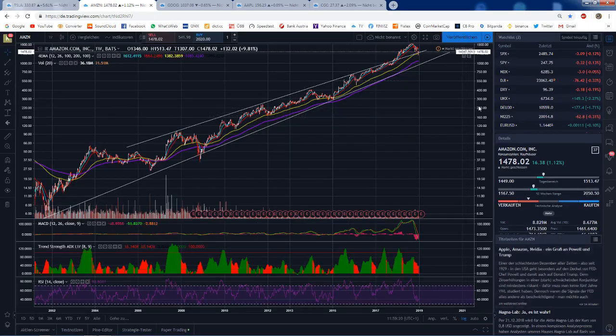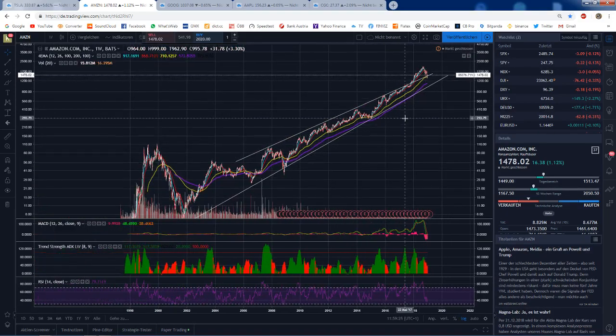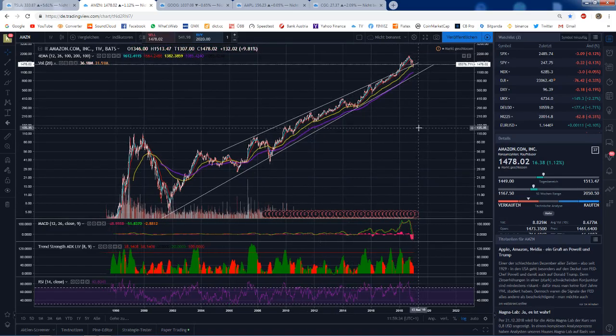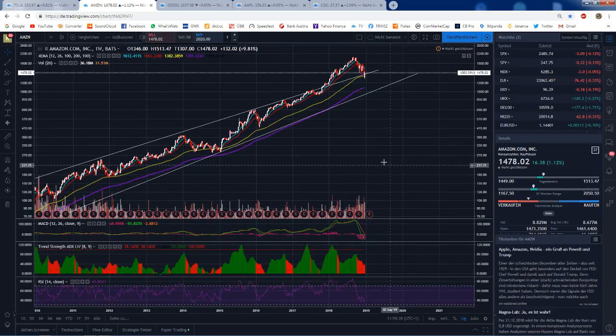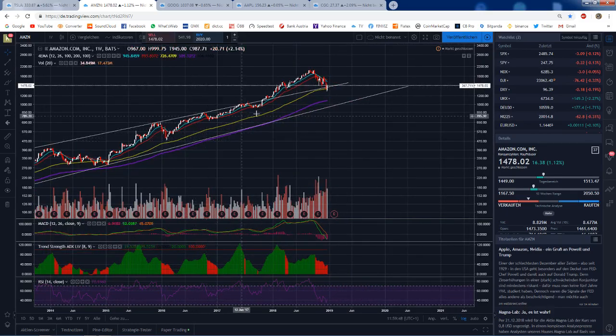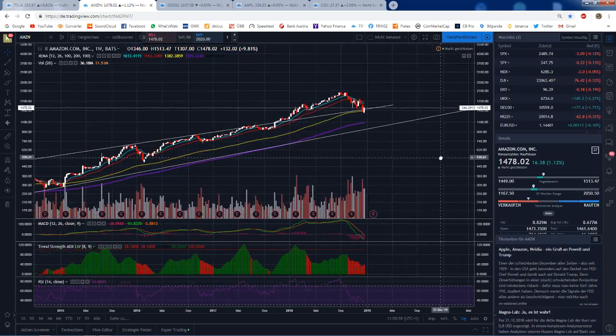If we go to Amazon, you can see the bull market in Amazon since the .com bubble. Just an amazing opportunity right here. We had this channel we've been trading in for over a decade, and it broke to the upside. Now it has retraced. It has very nicely touched right here, and you could say that we broke below, but we had a very nice